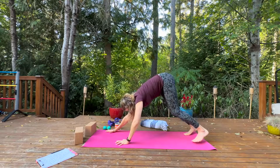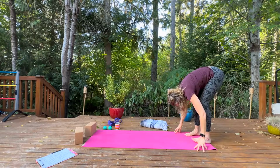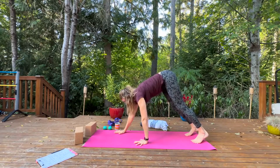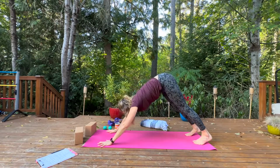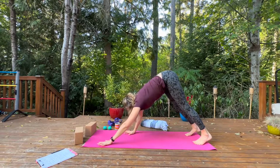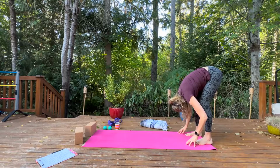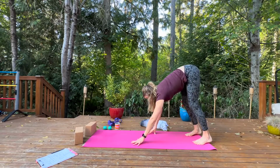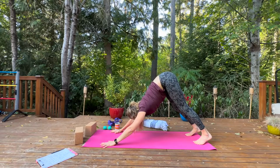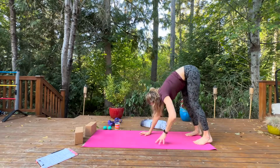Start to bend the knees and walk the hands back, forward fold at the back of your mat. And then walk the hands out into downward facing dog. Draw the belly in. We'll do that twice more. Soft bend in the knees, walking the hands back, and then belly hugging in towards spine, back into downward facing dog. And one more time. Coming back,